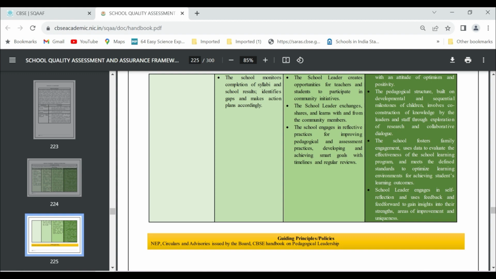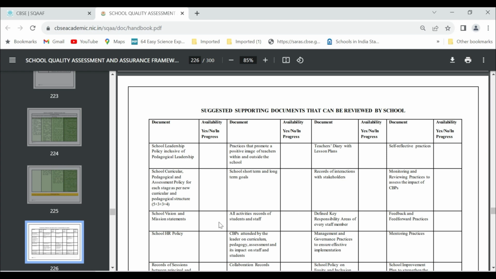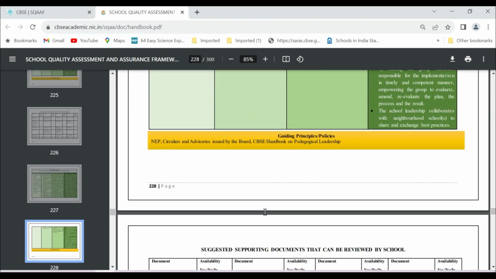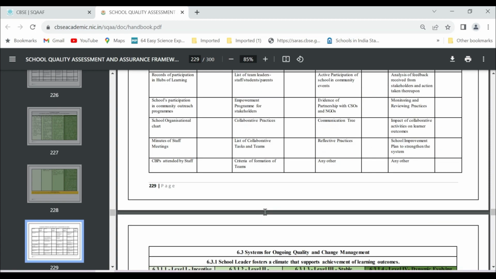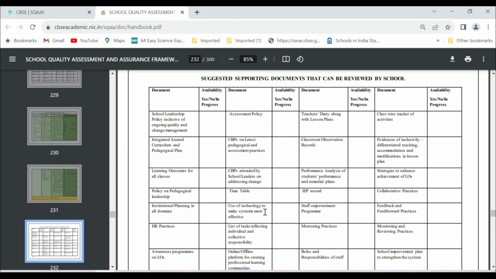And the documents to be maintained in the school are given under suggested supportive documents that can be reviewed by the school for each subdomain in the entire document. Please scroll down the page and you will find these two for each subdomain in the SQAAF document from page number 17 to page number 259.